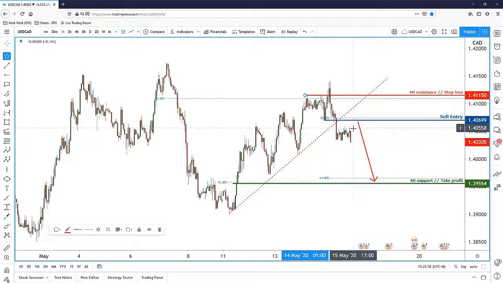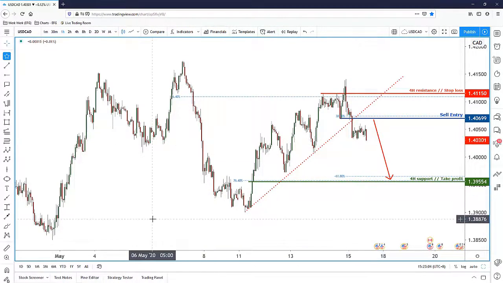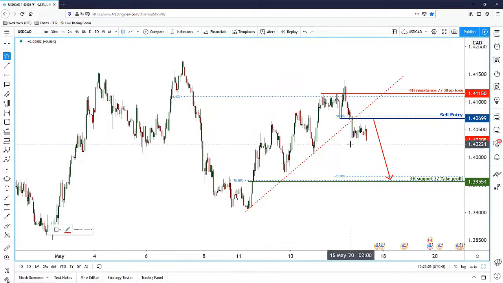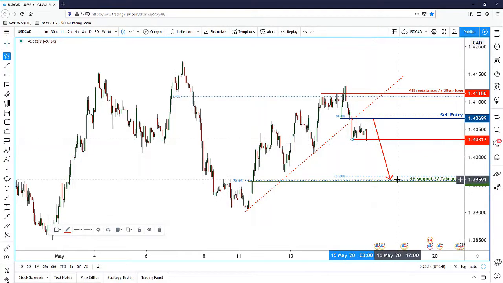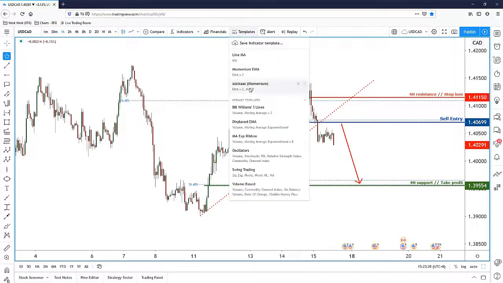All right, I know we see price moving down now, but what we can do is wait for price to pull back towards the sell entry. If price really breaks below this level, if price closes below this level here, then we can just put a sell stop order and play all the way down here. Okay, but for now, this is the trade idea. We can even confirm it with